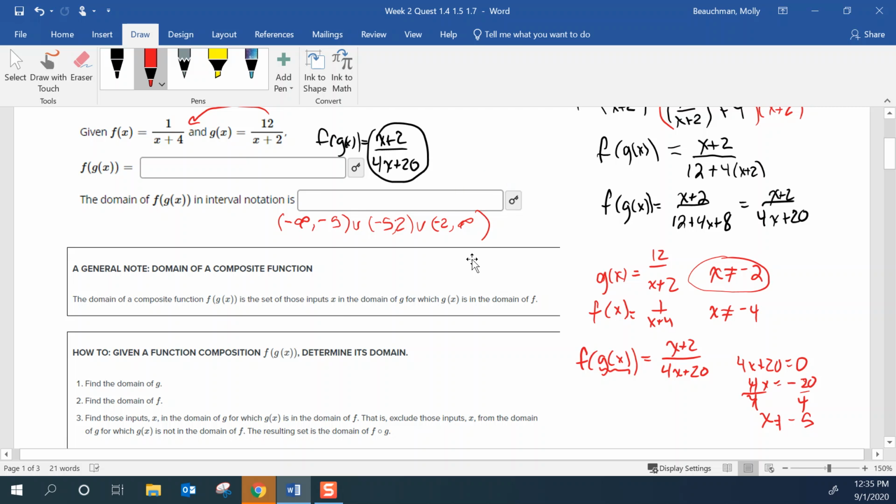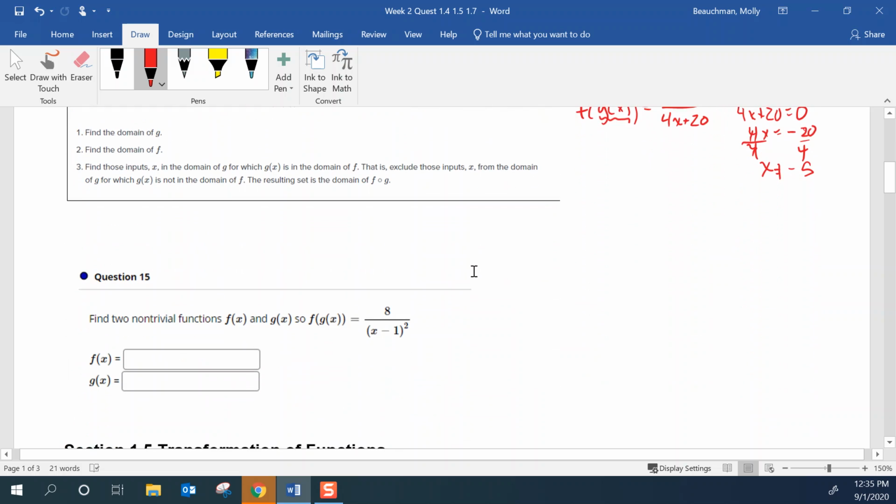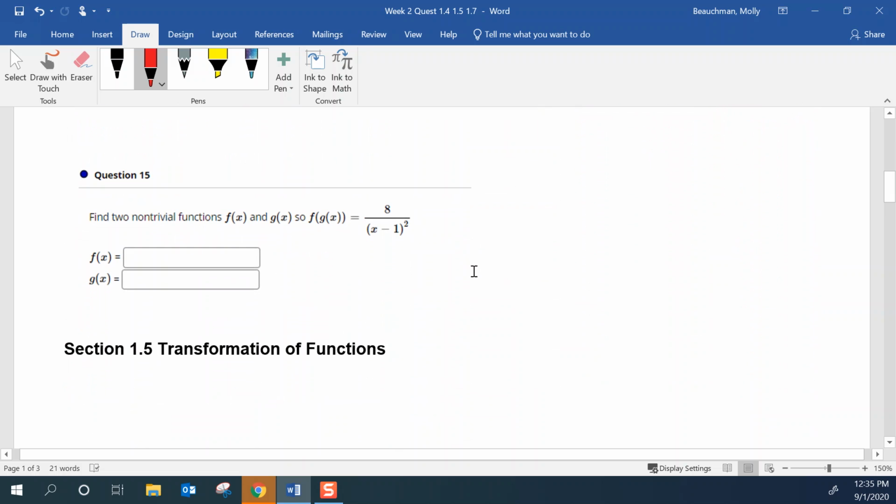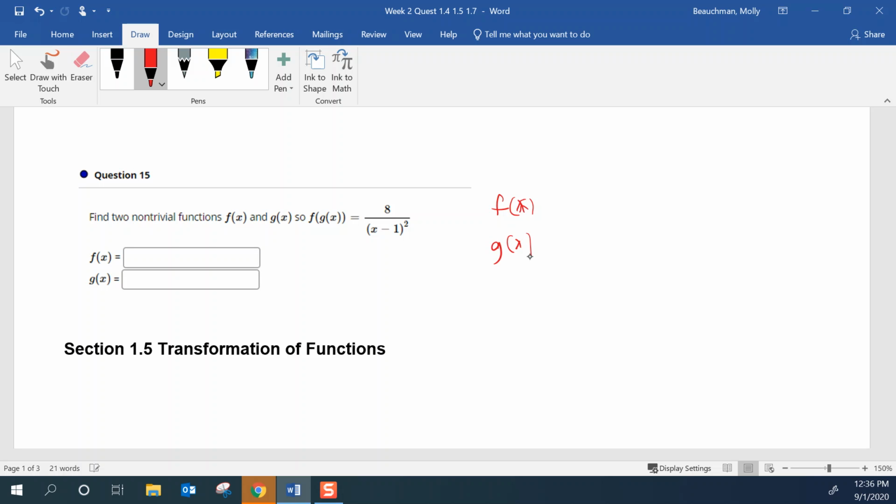All right. The second question most missed in this homework, or most asked about, was to find two non-trivial functions, f of x and g of x, so that when we compose the two functions, we end up with 8 over x minus 1 squared. So we want to find two functions, f of x and g of x, so that when we substitute in a composition of functions and put g of x, we end up with